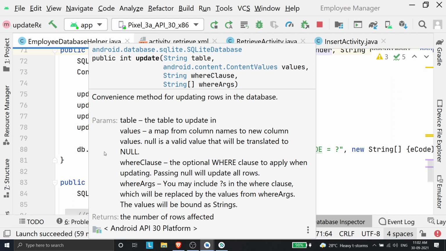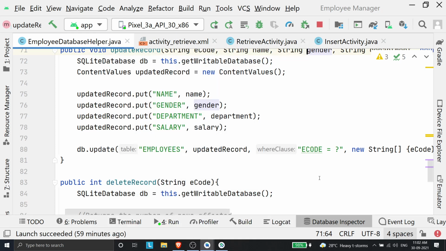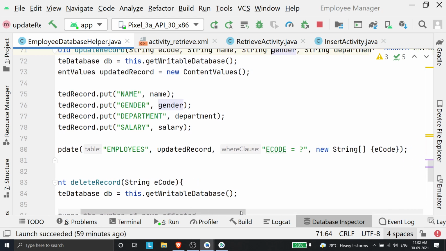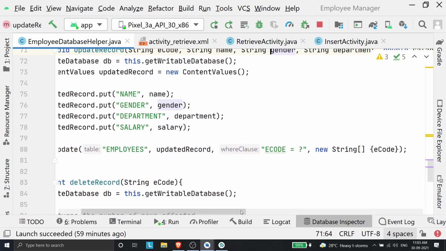Where clause, using which value to update by, like basically we'll specify the primary key constraint on that, and the arguments for the where clause, and that's it. So where clause will be ecode, because ecode is my primary key. You can also have other where clauses over that. That's basically your SQL logic. And the arguments will be a new string array of the employee code.